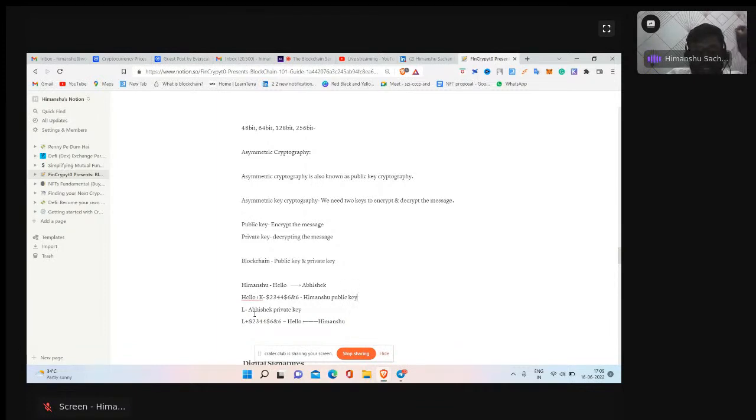Okay, so in asymmetric key cryptography we have a two key architecture. One is public key, one is private key. One key will be used for encrypting the message, other key will be used for decrypting the message. Public key will be used for encrypting, private key will be used for decrypting the message. It is more secure. Now here what benefit we will get, again जैसे हमारा सिमेट्रिक की क्रिप्टोग्राफी में सबसे बड़ी